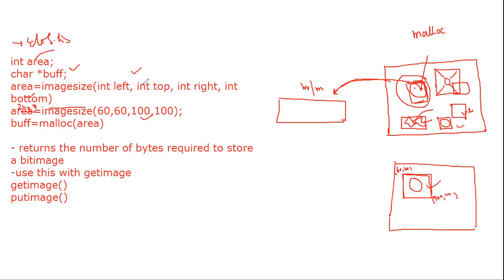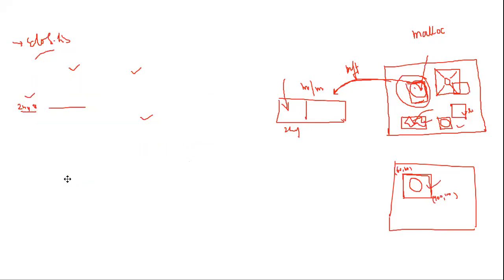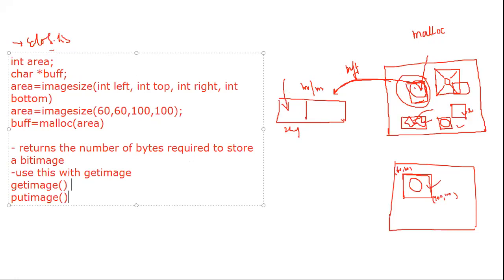अभी तक हमने क्या किया है कि हमने इसका इमेज साइज निकाल लिया. ओके, दूसरी चीज हमने इसके लिए मेमोरी एलोकेट कर दी. ओके, 2 bytes, और इसको पॉइंट कर रहा है बफर. बफ इज अ पॉइंटर. ओके, नाउ इसमें हमें क्या करना है, सेव करना है इस पर्टिकुलर इमेज को, कंप्लीट एरिया को यहाँ जाके सेव करना है. To save this image we will use the function that is get image. Okay, we will use the function get image.